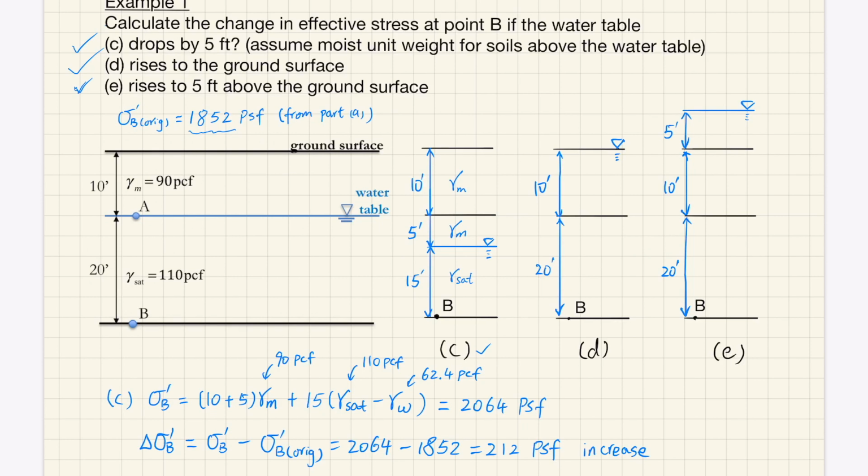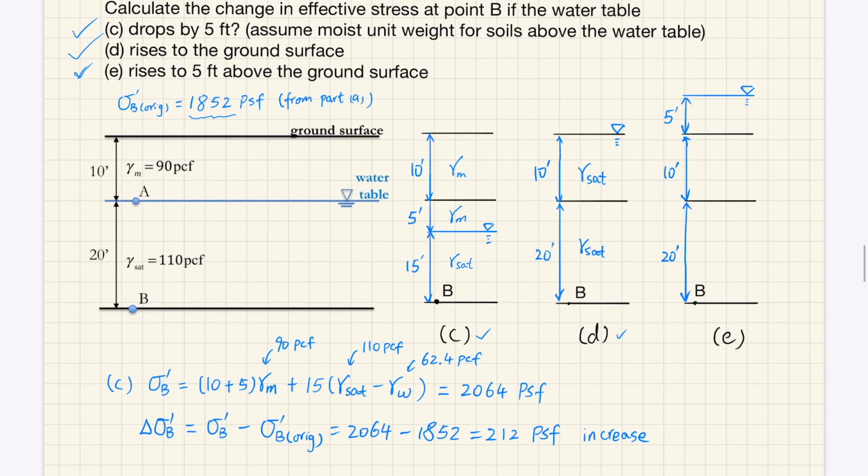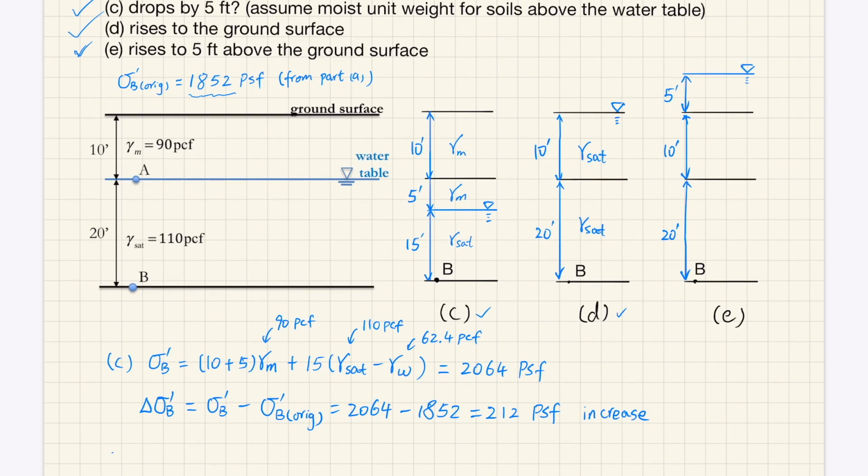So for part D, the water table rises to the ground surface. So in this case, all the soils are saturated. So you have a total of 30 feet of saturated soil. And for this case, the effective stress, so this is part D, the effective stress at point B is simply the height of this saturated layer, 10 plus 20, times the buoyant